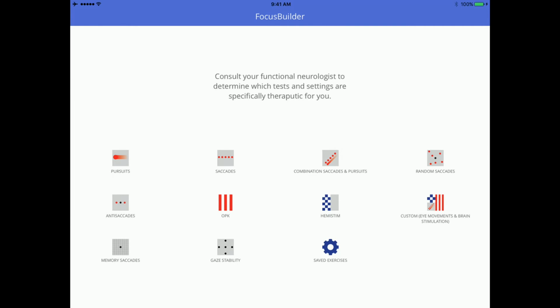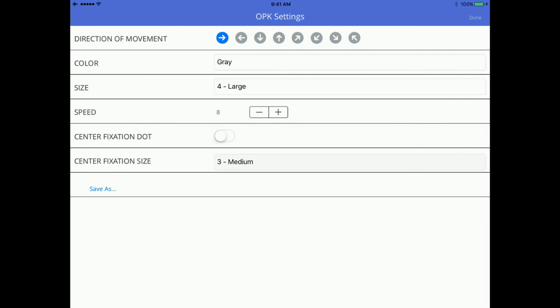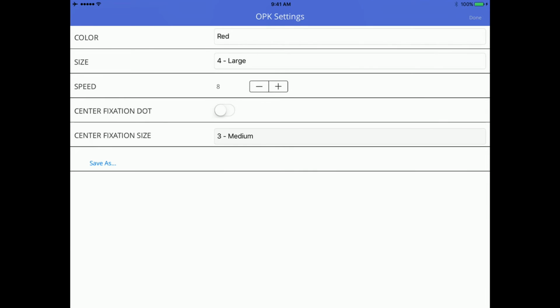Now, next feature is the OPK. So the OPK, this is a reflex. The optokinetic stimulation can go to the right, which would be stimulating the right frontal lobe and right parietal lobe, or it can go to the left brain, or it can go up or down for a more frontal type of stimulation. Okay, so in this case here we can modify the color of the bars and change the speed,